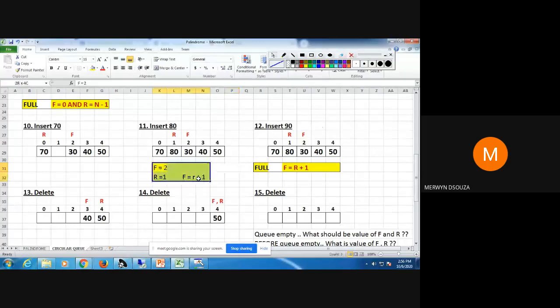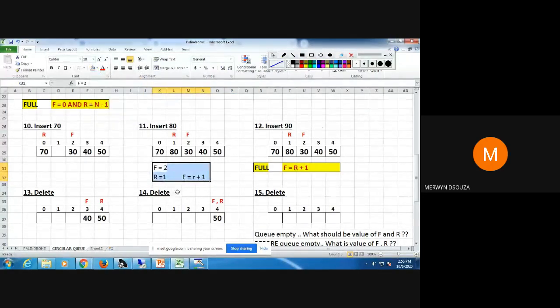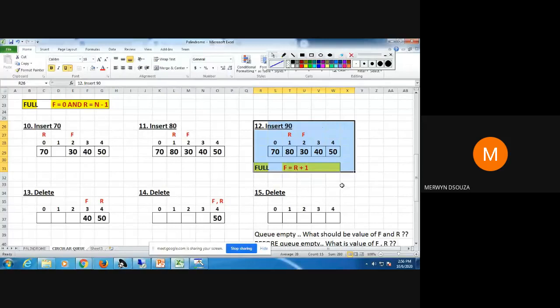If you try to insert one more value after the queue has become full, as in step 12, then you have to give the message queue full, or queue overflow. Why? Because the value of front is equal to rear plus 1.